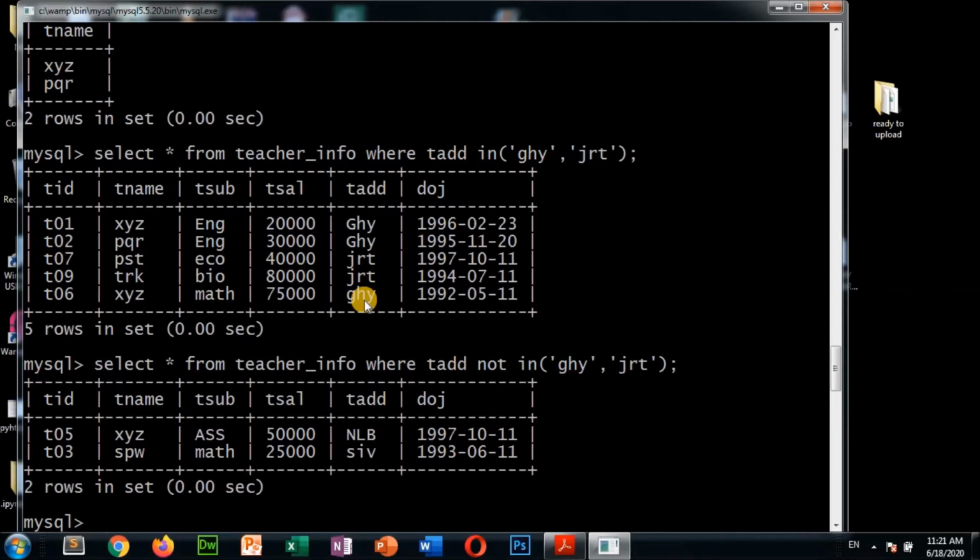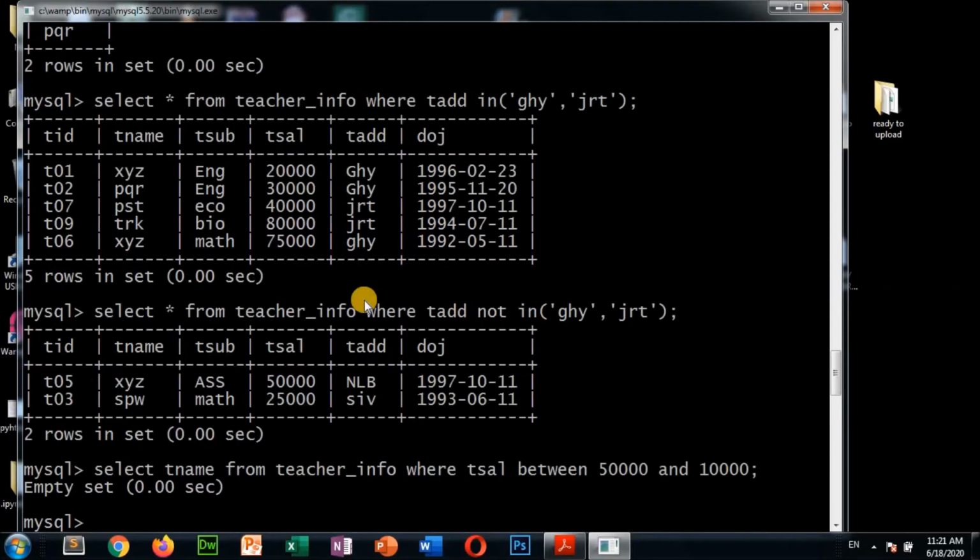And what you can display, select star from teacher where salary, suppose I am giving another code, where T sal between 50,000 and 75,000.